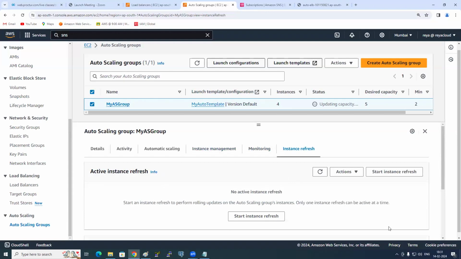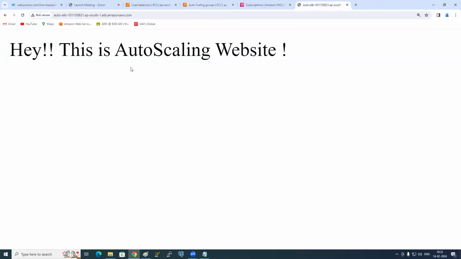Is it clear till here, everyone? Will you be able to do the practice till here? The task for you here is you set up an auto scaling group. An additional task is this: we have the auto scaling website now, with a hey. I want to remove this hey and put hello. Tell me, how do you do it?